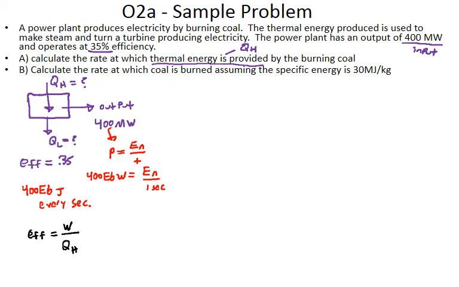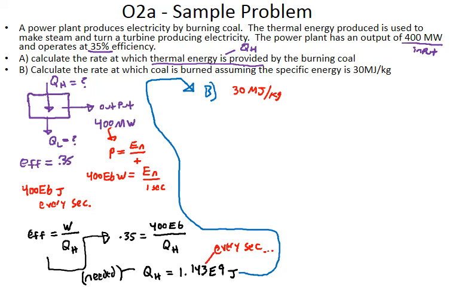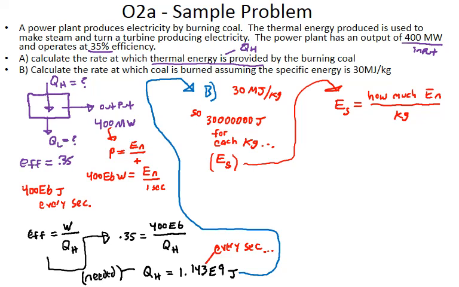Okay, so efficiency is how much work we have in a period of time. Our QH that needs to come in here is 1.143 times 10 to the 9 joules. And we need that every second, right? So therefore, if we have this many megajoules per kilogram, we're going to need this many joules. So this is how many joules we get for each kilogram, right? So, how much energy we need per kilogram, right? So the rate at which coal is burned